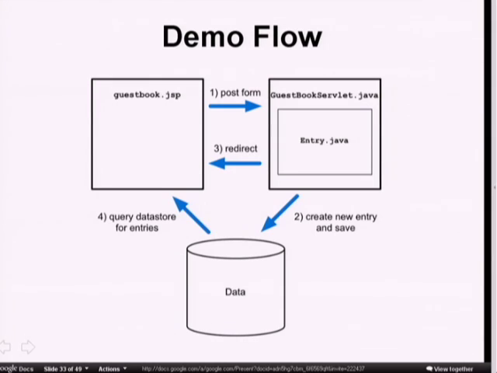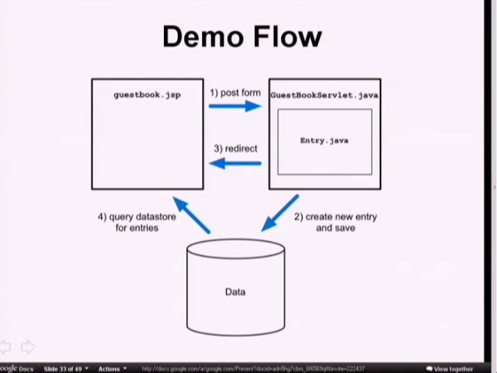If you get lost, just let me know. I have a guestbook JSP that's going to post to a servlet. That servlet creates this entry.java object. It's going to save that to our data store, redirect back to our JSP. The JSP is then going to query the data store for the list of entries we have and display that